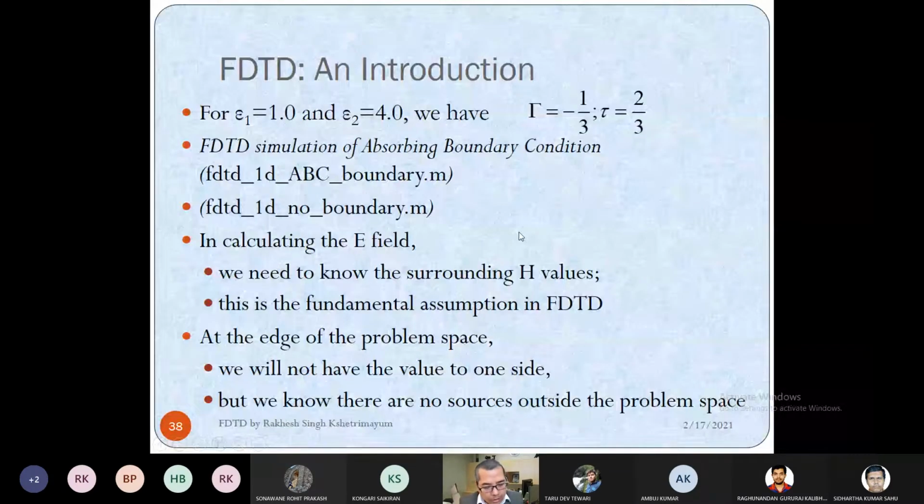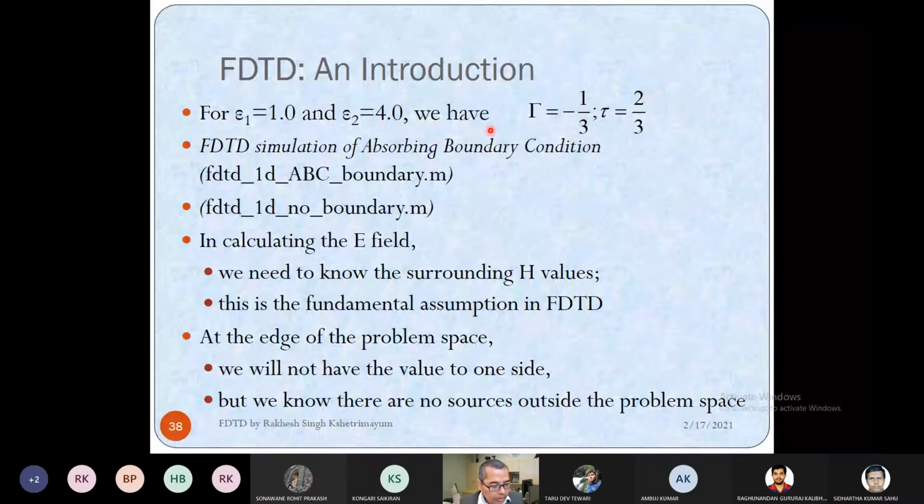Okay, so we have done some simulation in the last class where you have a dielectric boundary. On the right hand side, you send the wave, then you see that some of the wave is reflected, some of the wave is transmitted. So now the amount of transmitted wave and reflected wave are given by your reflection coefficient and the transmission coefficient, and we